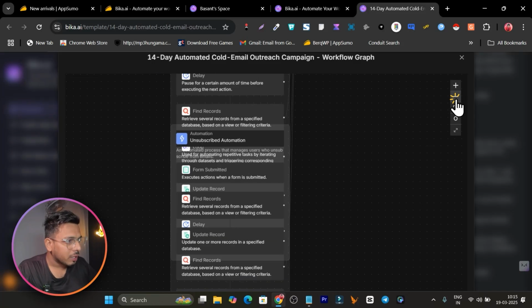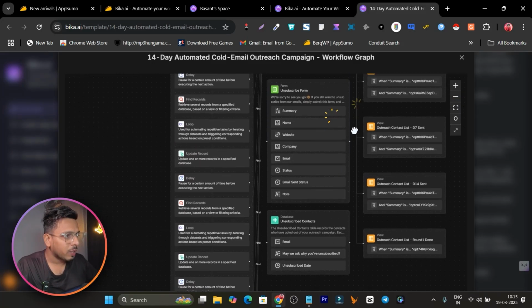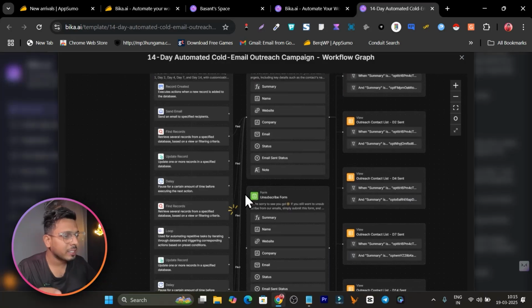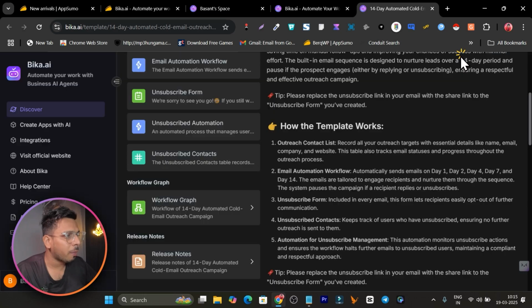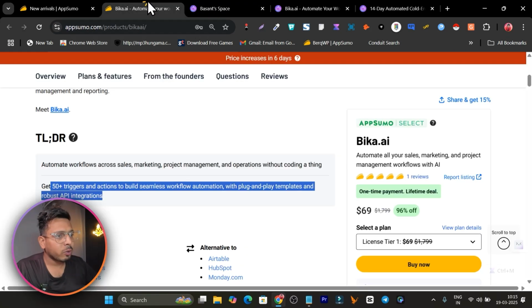So let me minimize it a little bit, and now you can see so many complicated things are happening in this automation here, and every day it is going to send out an email, like after 1 day, 2 days, 3 days, till 14 days. So I can customize the days here. That is not a big problem. Okay, so let's get back to our